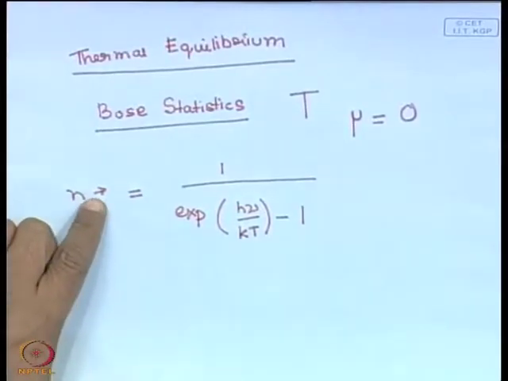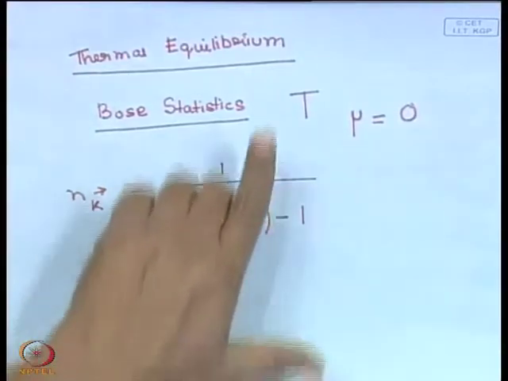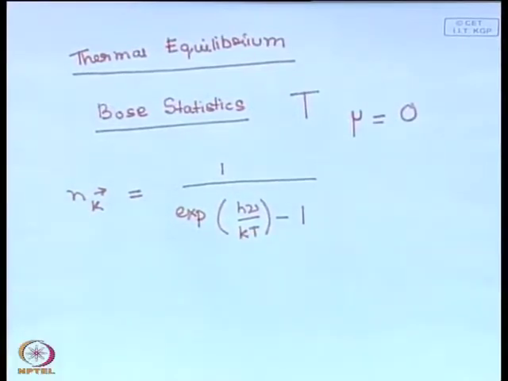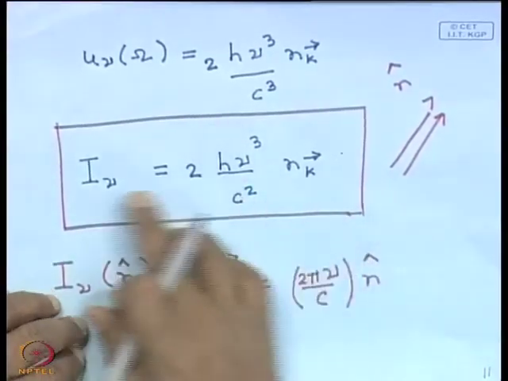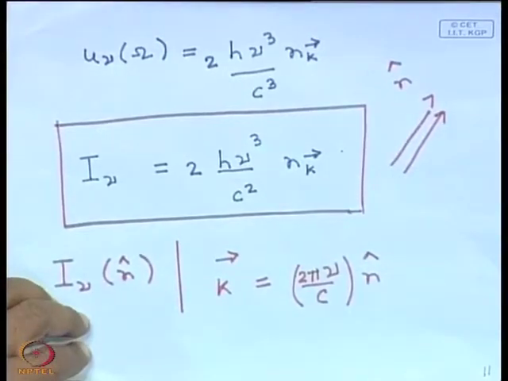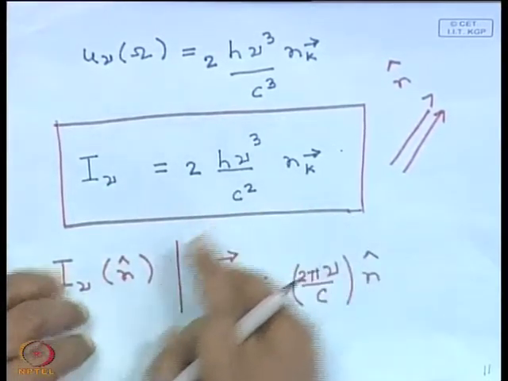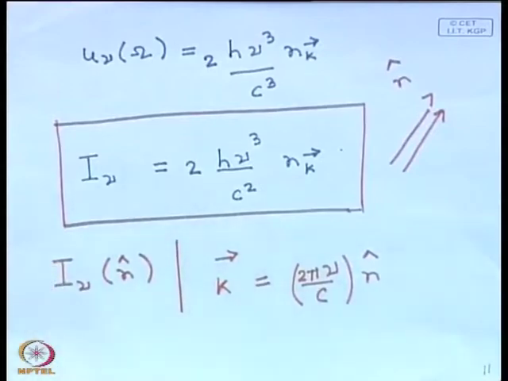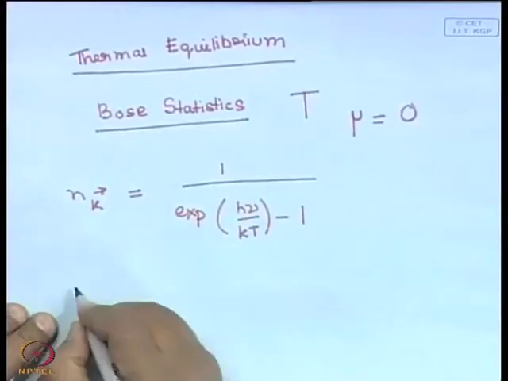So, the wave number is converted to frequency, we have just seen how to do that, and you put it in here, and this tells you how many photons there are in this mode. Okay. So, once you assume that it is in thermal equilibrium, you can straight away just plug it in here and you get the Planck function. So, these photons are in thermal equilibrium at temperature T with some material, right. Photons do not interact with each other. So, they cannot come to thermal equilibrium by themselves, you require the cavity or some material which will bring it to thermal equilibrium. Once they come to thermal equilibrium, their occupation number is given by this Bose distribution, and we can straight away write down the Planck function,